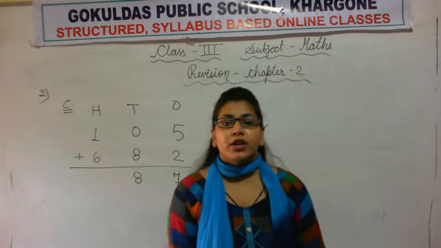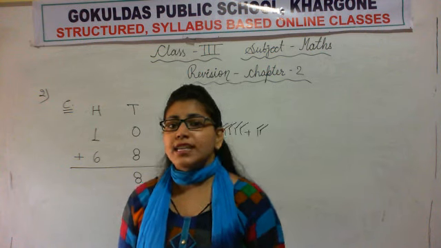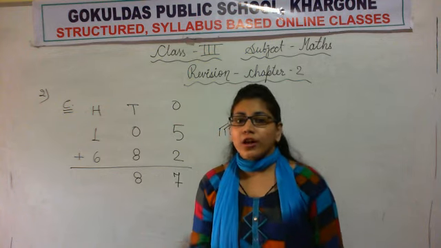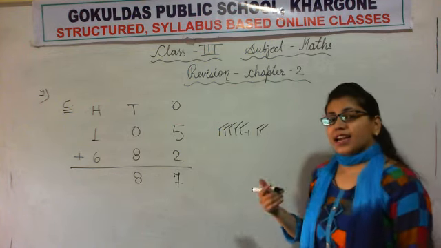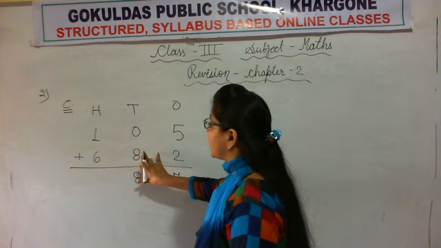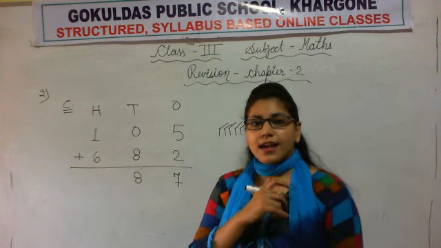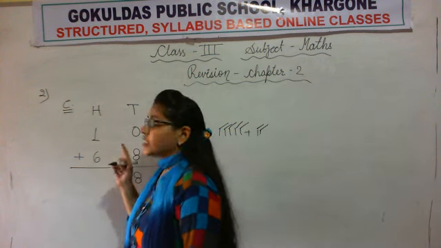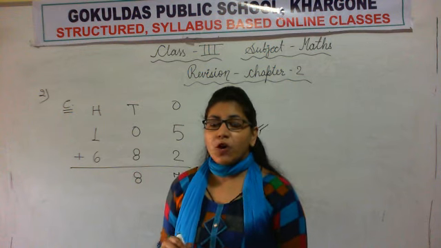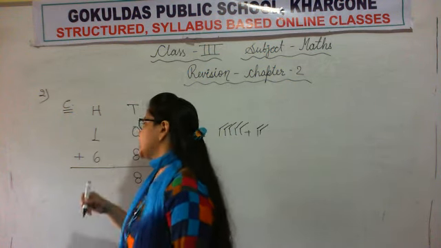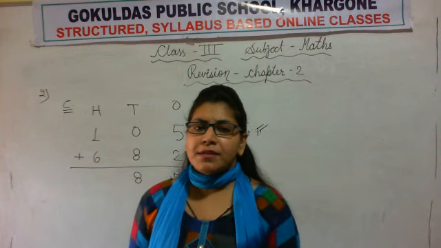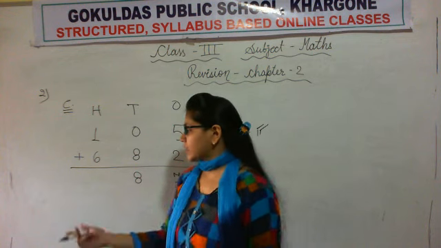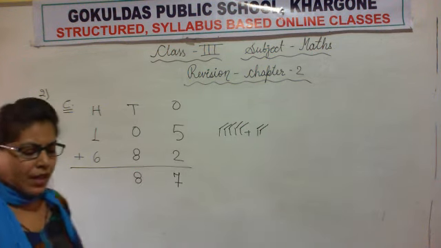See, this is the benefit of properties. Why do we learn properties? See, if I remember order property, I do not need to draw this many sticks again and again. If I remember zero property, then also I can tell the answer in seconds without drawing sticks. And here also, see, if I don't remember successor property, what do I have to do? I have to draw 1 stick, then 6 sticks. And if I remember successor property, I know the successor of 6 is 7. So I will simply write 7. This is hassle free.